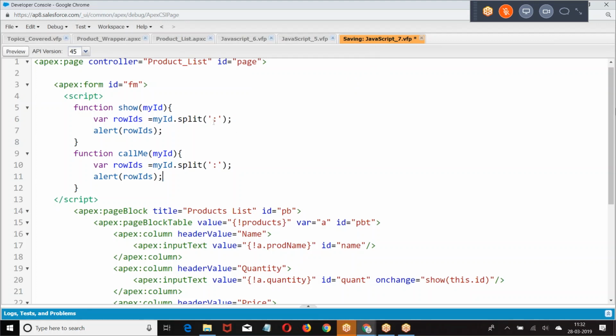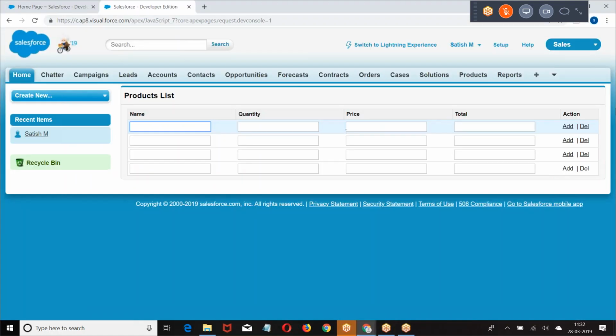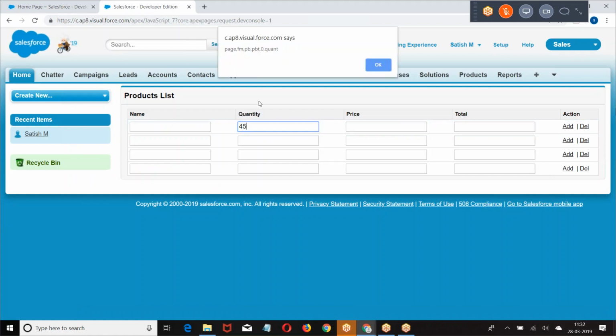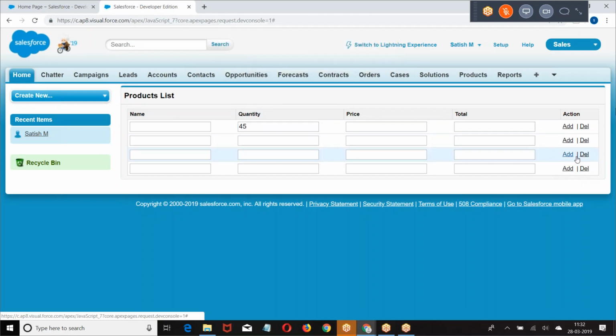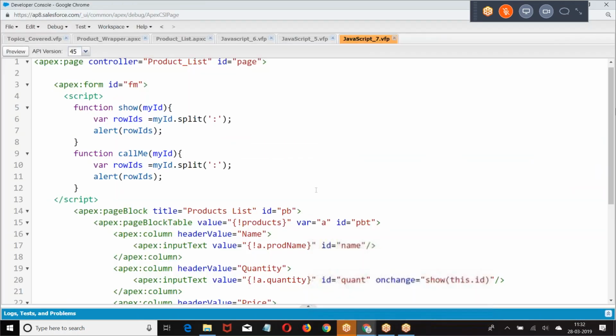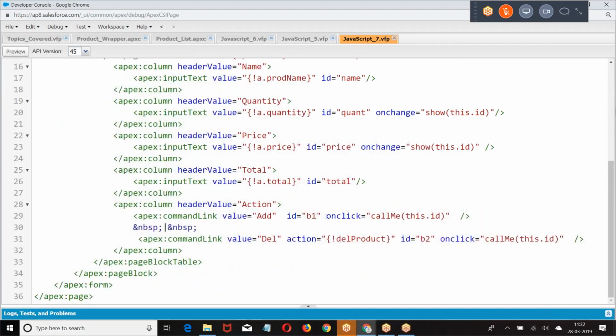Whatever the ID you are passing, split that ID based on the colon. How you are getting it? Page, form, page comma, form comma, PV comma, PVD comma, 0 comma, font. There's a bug with this. Let me find out what is the issue here.